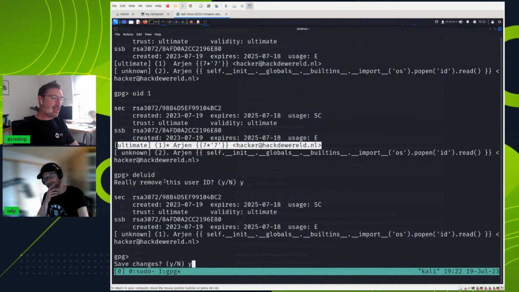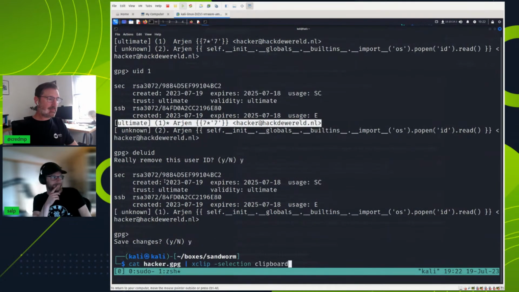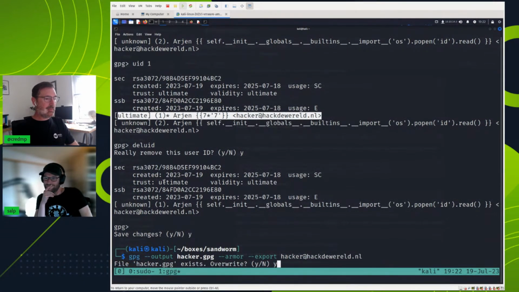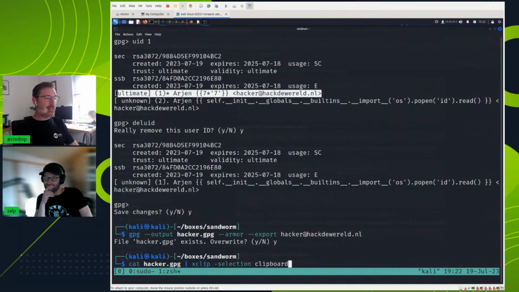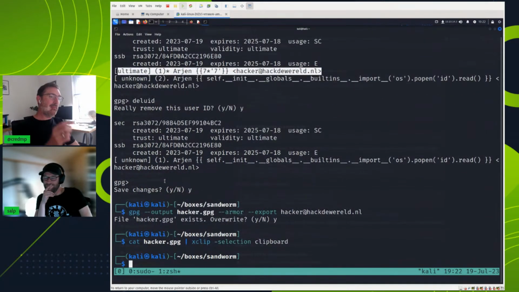So save the changes. We do the export again, yes, and we do the xclip. I ended up creating GPG export files for every attack, so I had a list of trying the ID, then finding out the password file, stuff like that. But yeah. Let's